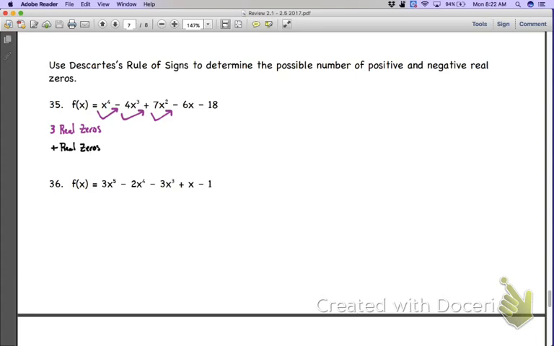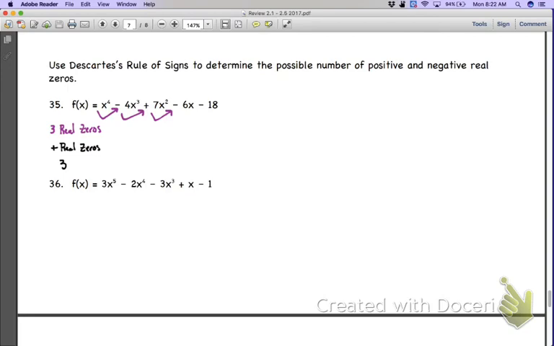So it's either going to be 3, because we have 3, all of them can be over on that other side, right? They can all be positive, cross on the positive side for the x values. Okay, so then the or part is however many real zeros we have